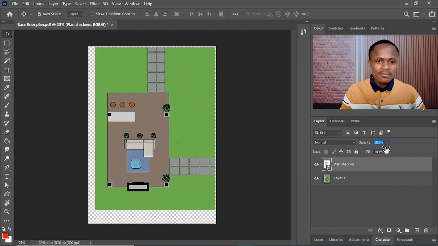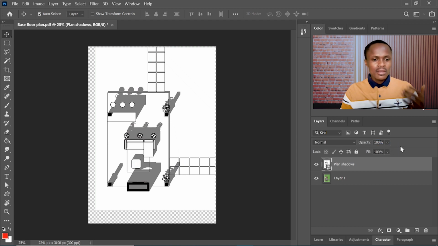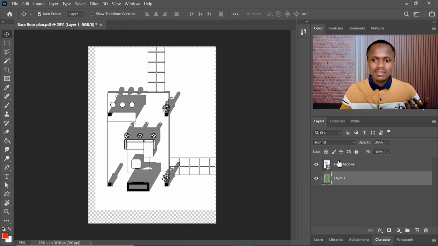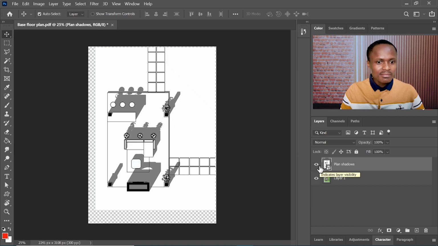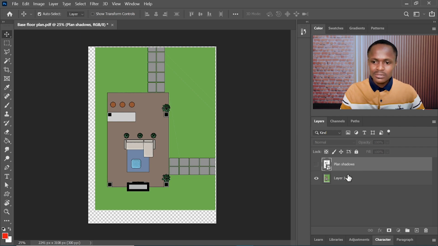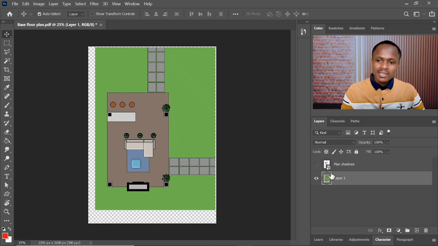And it's perfectly together because we chose the same scale for the plan which is beneath and the plan which is above. So it's important that you keep them the same scale so you don't have to hassle making them overlap each other. All right, so let's hide this one for a sec and begin to work on the base